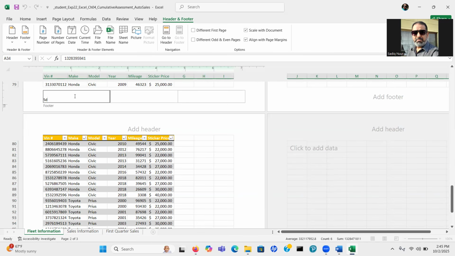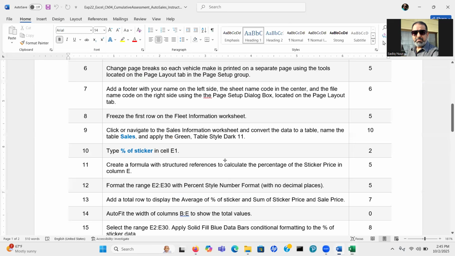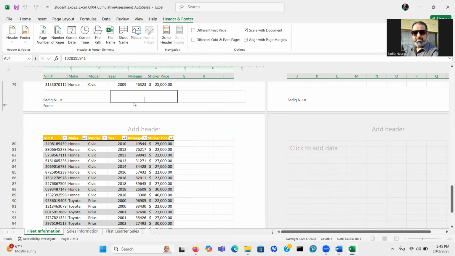They said in the left we have to put our name, Sadiq Noor. The middle box, they said, the sheet name code in the center, the sheet name. So look here under the Header and Footer Elements, Sheet Name, and then the last one will be the file name. Perfect.